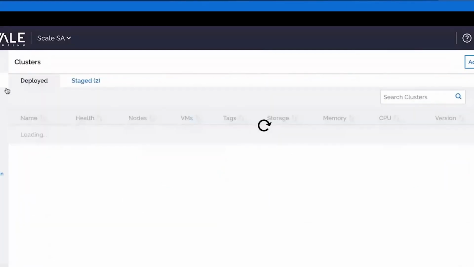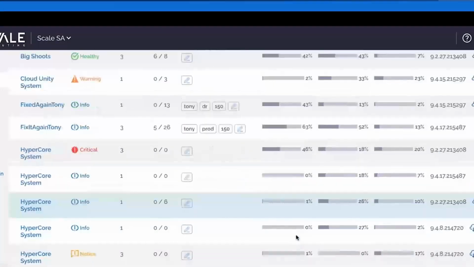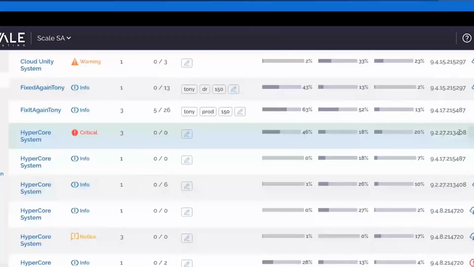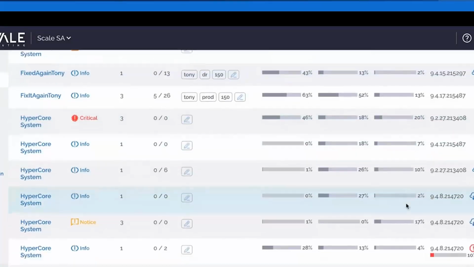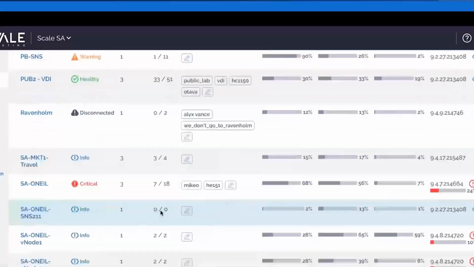We can see what's happening from a resource perspective very quickly and very easily. We can see if updates are needed. Here's the updates that we talked about, the very simple process by clicking here. And then access through that secure link methodology we talked about before. You can scroll through, find the cluster you want to access. We can go ahead and select over here on the right, say you see the console access button.